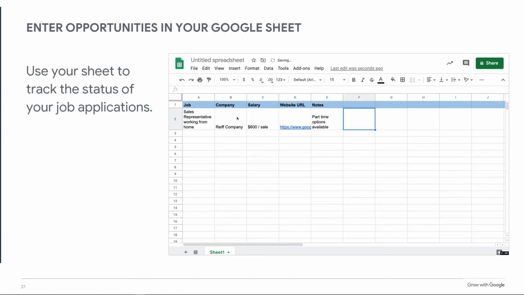Again, there's additional information that I would encourage you to add, things like location, if it is important to you. Anything that is important to you is going to impact your ability to take that job, so I would put that there. Benefits might be one. You might take a lower paying job if it has better benefits. So you might want to track that kind of information, things like that.